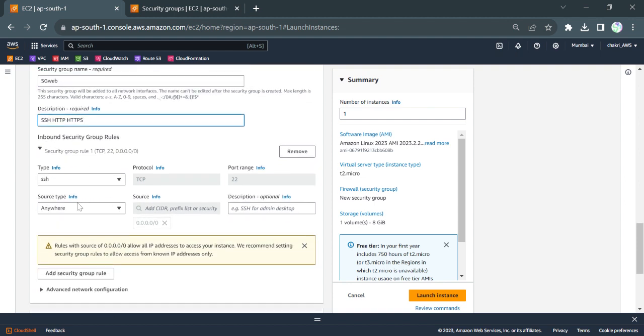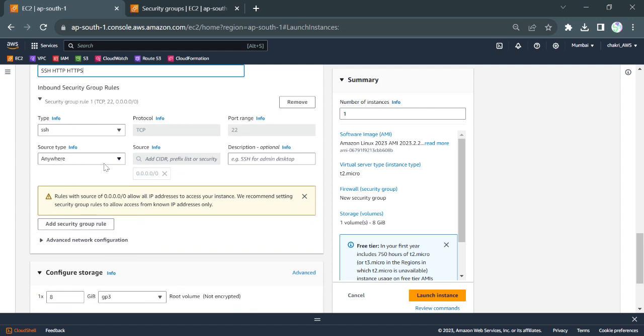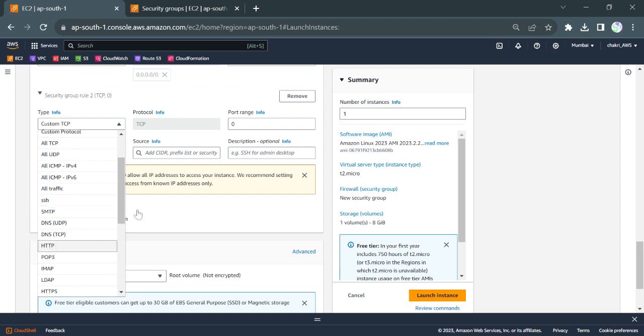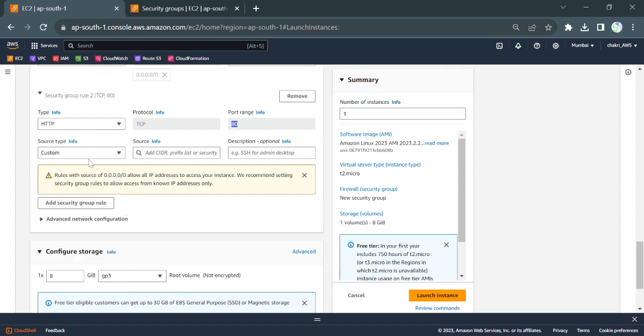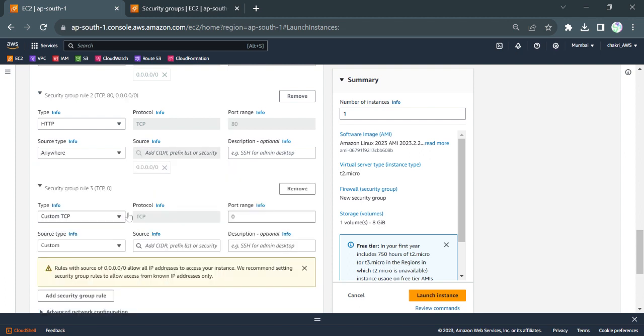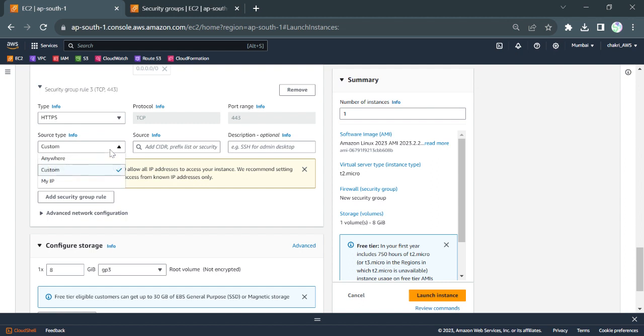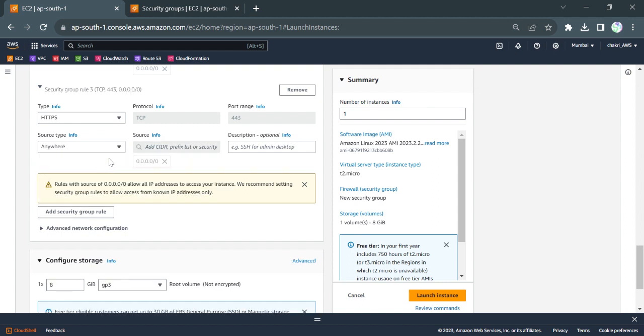Let's see how we need to select the inbound rules. I have allowed already by default, it is TCP SSH and the port range is 22, and I'm adding the HTTP related inbound rules. HTTP and default is 80, and the source type is from anywhere for now. And in real-time situations, it is not the case. We have to select some custom source IPs, otherwise anyone can access our critical or custom applications, which we should not